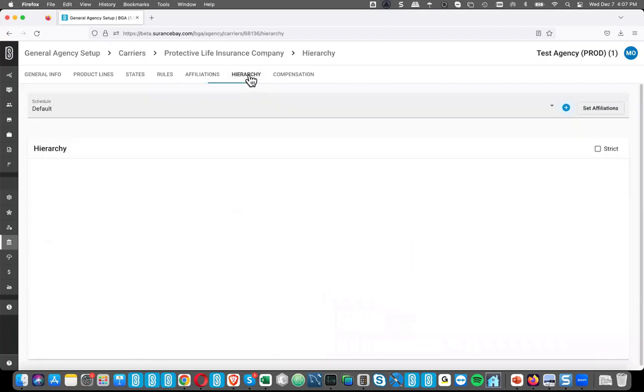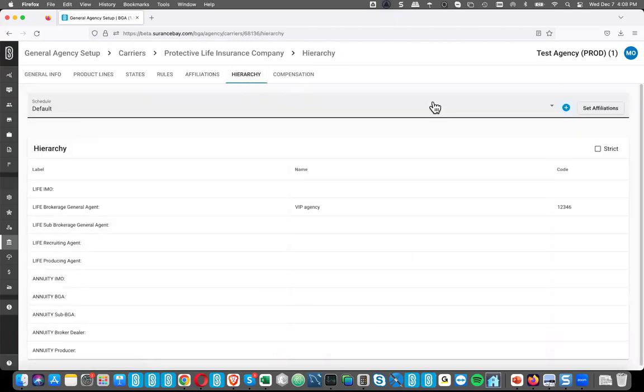And then we've separated hierarchy and compensation schedules. So you no longer have to create multiple schedules if the one hierarchy, but multiple different compensation schedules need to exist. You can create the one hierarchy schedule and then set up your separate compensation schedules. You don't have to create multiples for both.